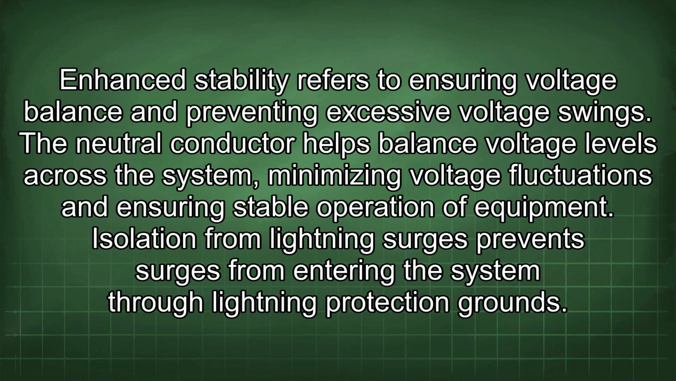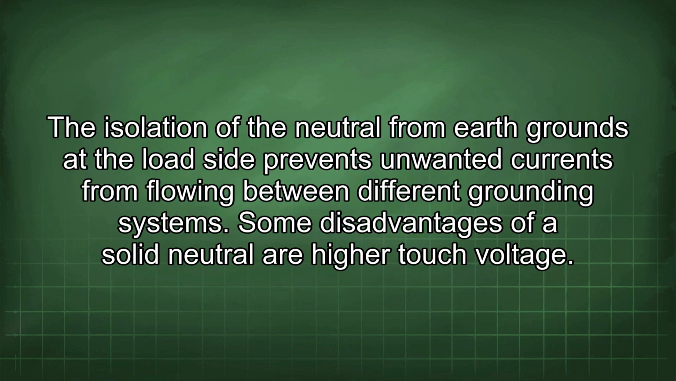Enhanced stability refers to ensuring voltage balance and preventing excessive voltage swings. The neutral conductor helps balance voltage levels across the system, minimizing voltage fluctuations and ensuring stable operation of equipment. Isolation from lightning surges prevents surges from entering the system through lightning protection grounds. The isolation of the neutral from earth grounds at the load side prevents unwanted currents from flowing between different grounding